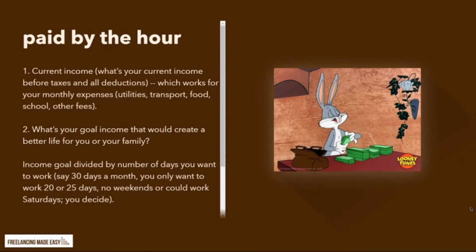This is the first because it's quick and easy. You just implement it like what you're doing now. You're paid by the hour, and you can also do that online. What you will need though is your current income level. What is your current salary, before deductions for taxes and government benefits? This is what you use now for your monthly expenses like utilities, water, electricity, transportation to and from work or elsewhere, and food for your sustenance and nutrition.